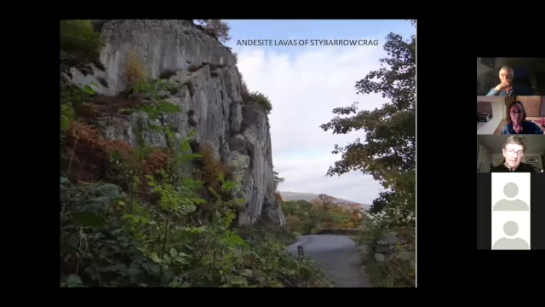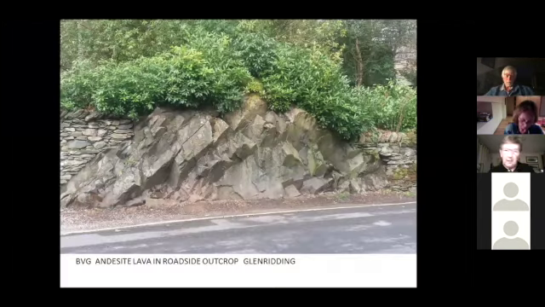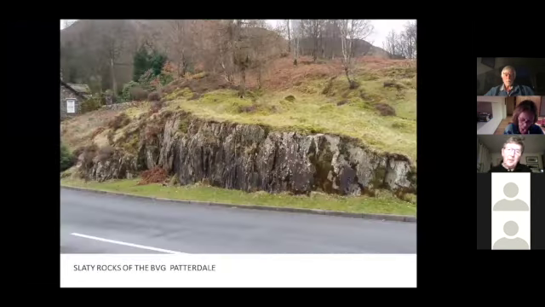You can see volcanic rocks by the side of the road here at Stybarrow Crag on the Lakeside Road, or very close to the shops in Glenridding. You can see it's a fairly even-grained, fine-grained rock, but it's tough and hard. But a bit further on, the rocks have a different look. Outcrops here seem to have these vertical lines throughout them, and that's because they've been subjected to this cleavage,